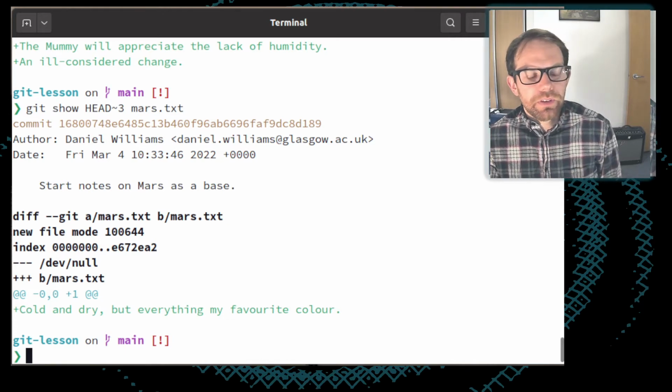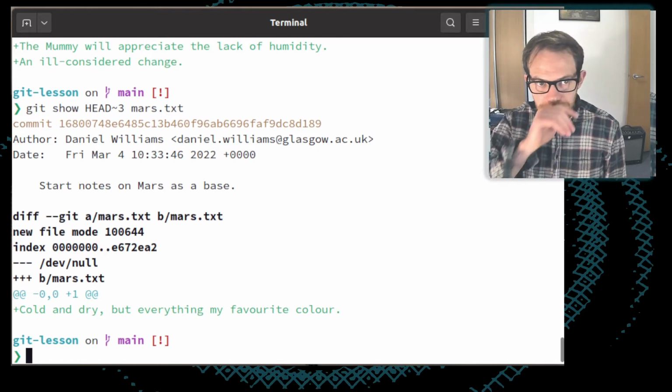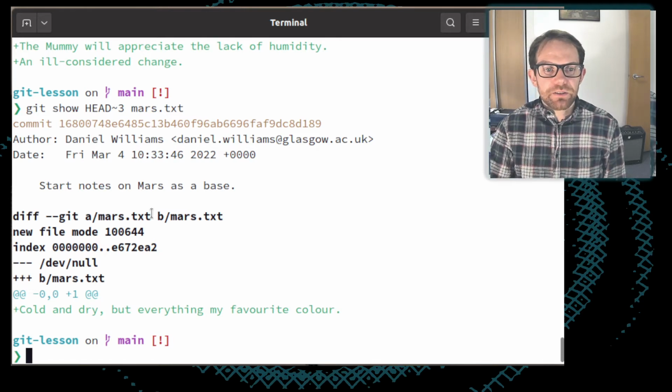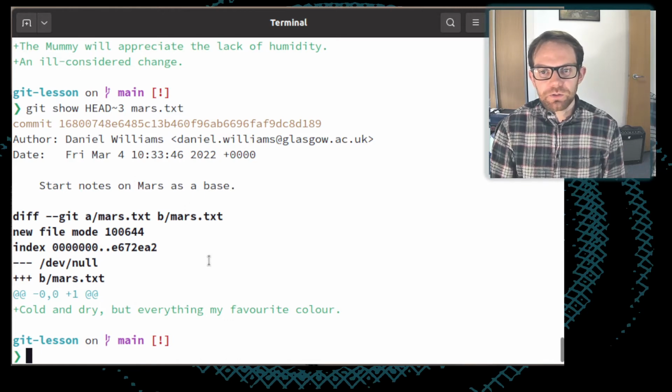Okay, so it's all very well using this minus syntax, so to look at 3 commits earlier. But what if we want to look at the difference between a specific commit at some point in the history and the current state, without wanting to count backwards like this? So we can run,